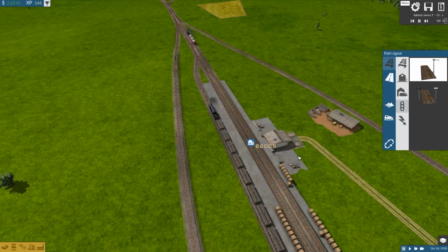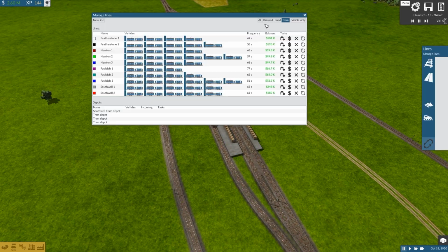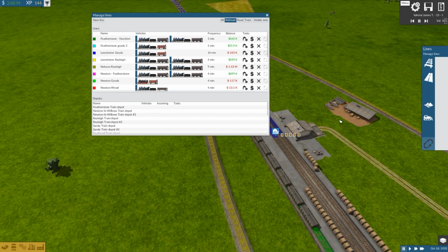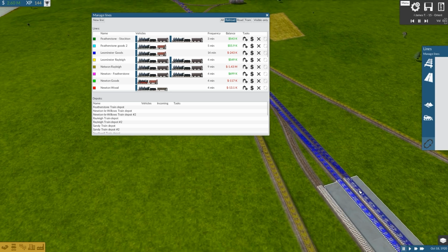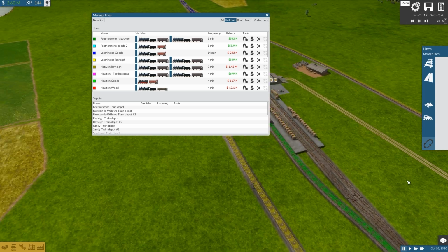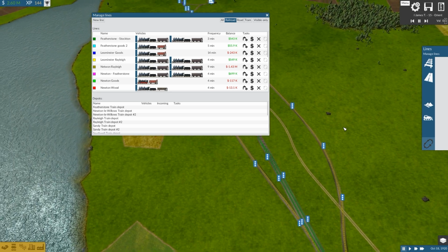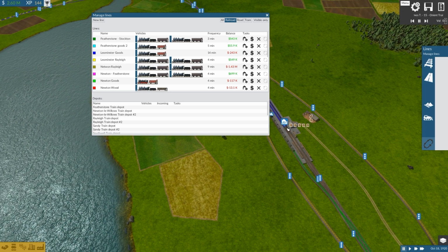Right, and there we are. Now, I hope that if we go to the railroad lines... Oh yeah, look at that. Beautiful. Everything has been adjusted. Very, very nice. So, this means that all the trains that will have to...